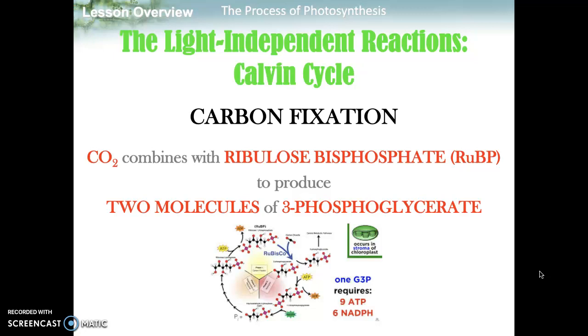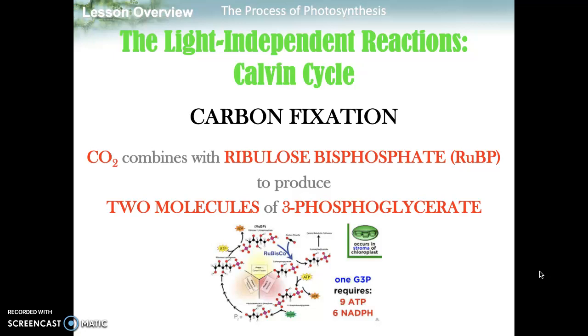And what happens is we combine the carbon, and when that happens, this produces 2 molecules of something called 3-phosphoglycerate. Again, don't worry about that name. We're just making 2 molecules of 3-phosphoglycerate. Okay, so we need some carbon dioxide. The first part of that is joining the carbon from that carbon dioxide with RuBP to get 2 molecules of